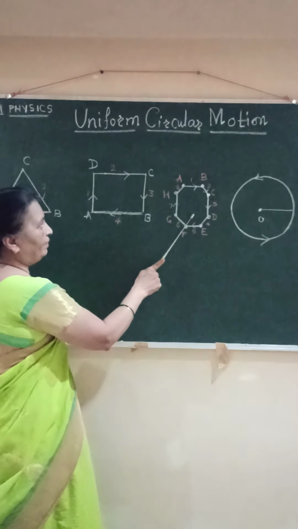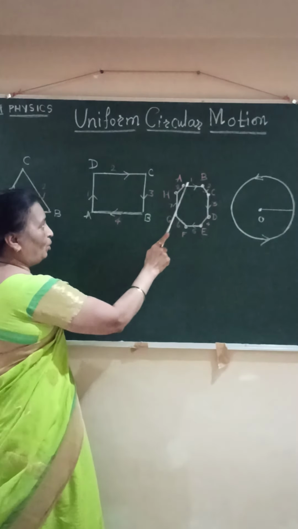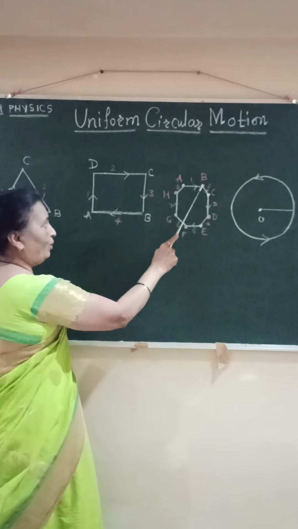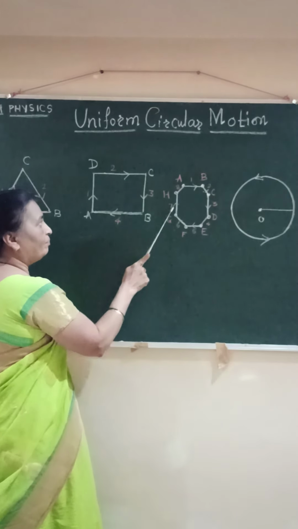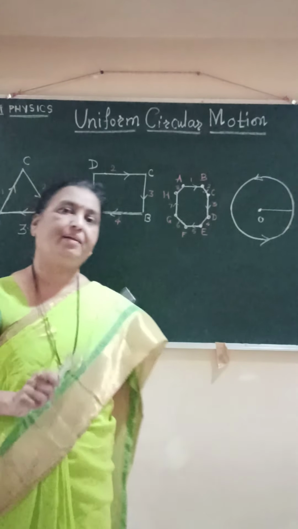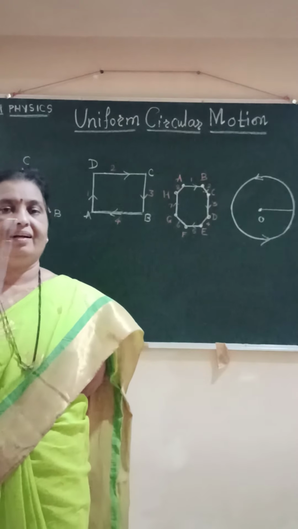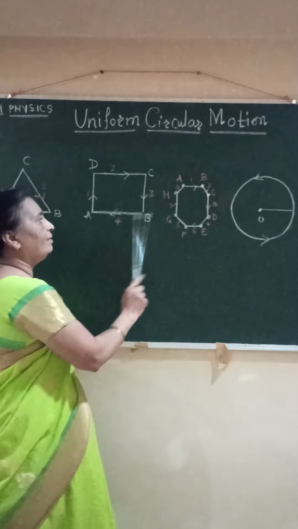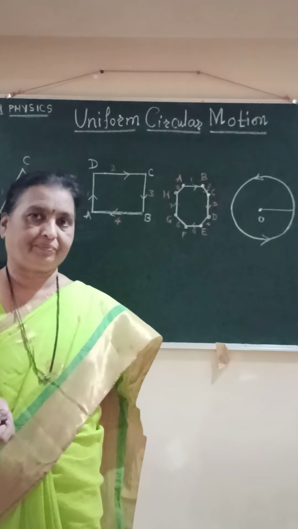This is one more figure in which there are a number of sides. Whenever the person has to move from one point to another point, he has to take a turn at least 7 times. That means though its speed remains constant, its direction does not remain constant. It indicates that the velocity of that particle, that object, that person does not remain constant.